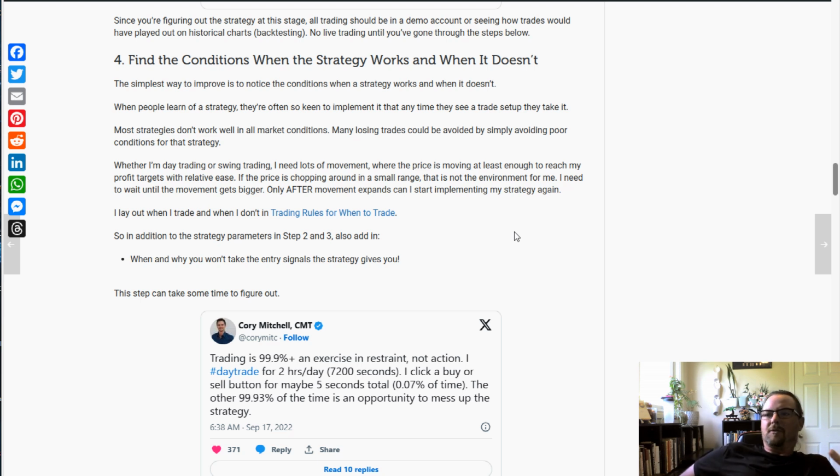So an example of this would be you come up with the idea that you want to trade based on a moving average. You're just going to use crossovers. When the price crosses over a moving average, you're going to take it, and when it crosses back below, you're going to exit, or you can come up with some different exit rules. But basically, let's just say it crosses a moving average, you're going to enter a trade. If you take every signal, results are probably going to be pretty mediocre, because when the price starts moving sideways, the price is just going to whipsaw across the moving average, and you're not going to get any big movements